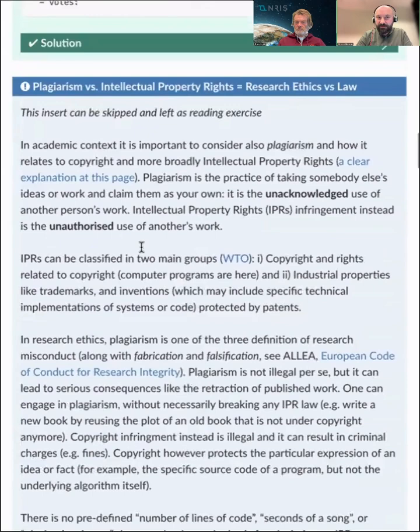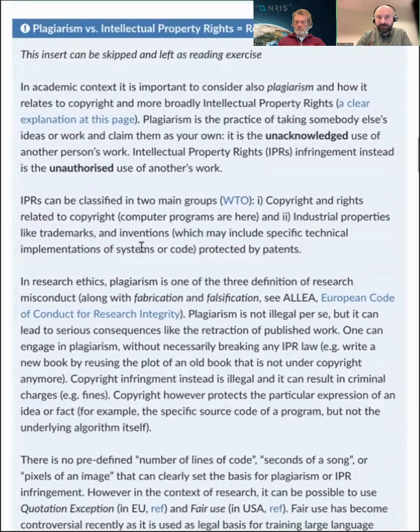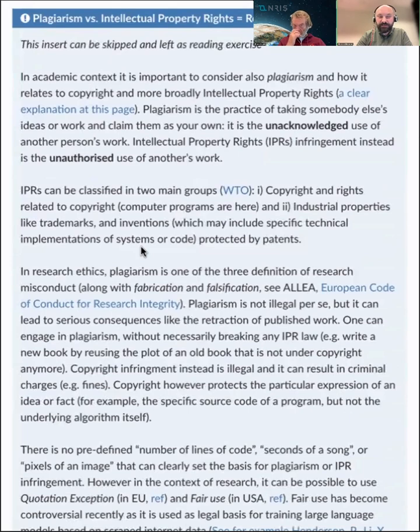I want to add a little parenthesis of something that I added recently to this page, which came up in previous CodeRefinery workshops, because, at least for researchers, the concept of plagiarism is more familiar, which is not exactly the same as intellectual property rights. Plagiarism is more related to research ethics.